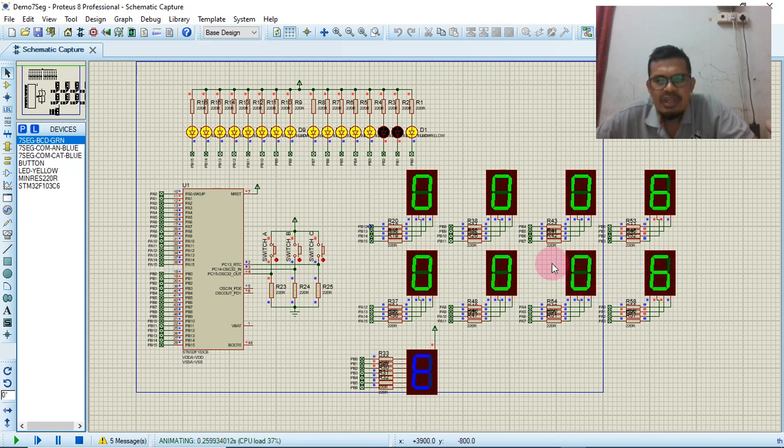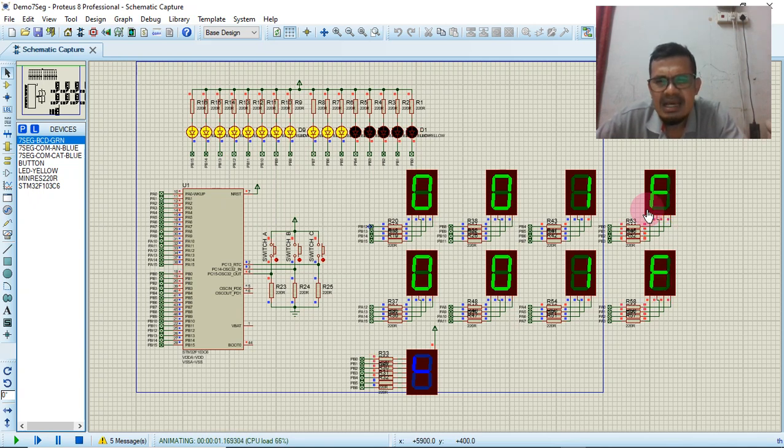I wrote the code to do a simple counter. It counts from 0 until F, and then it increases, D, E, F, 1 0 1 1 1, 2 3 4 5 6 7 8 9 and on and on.